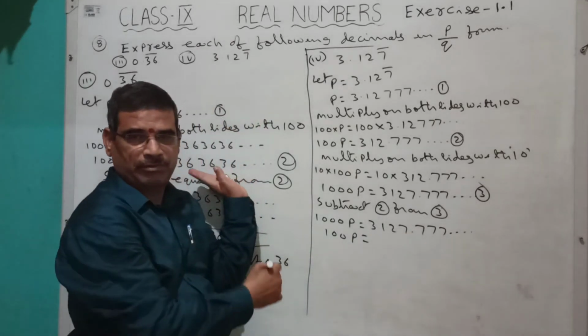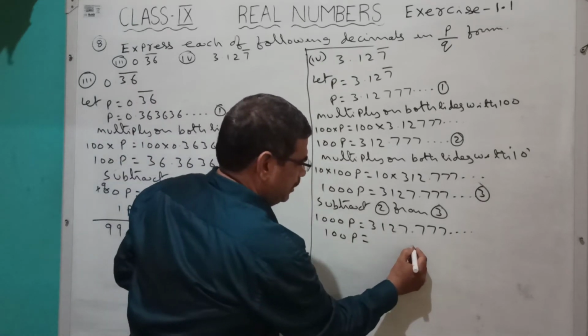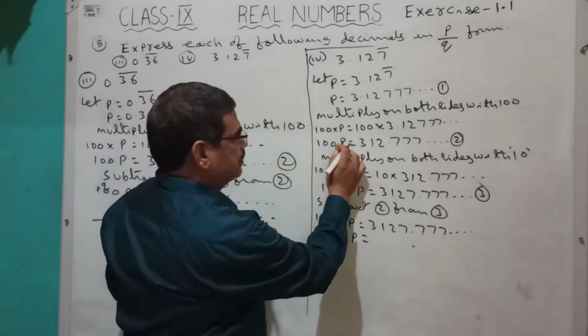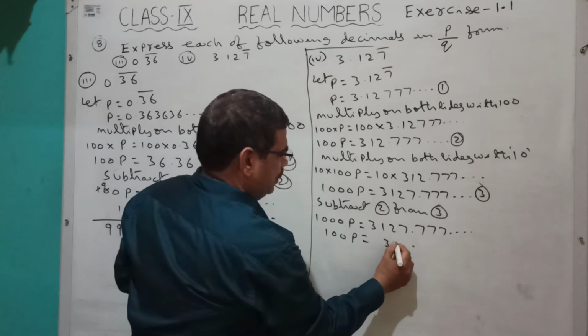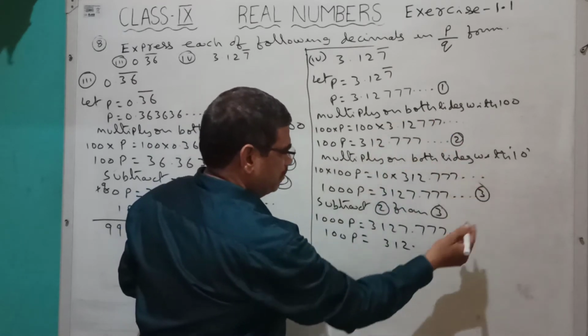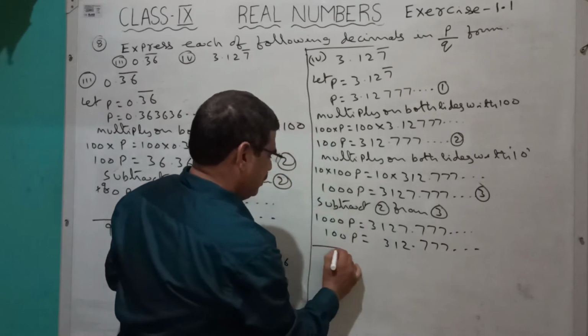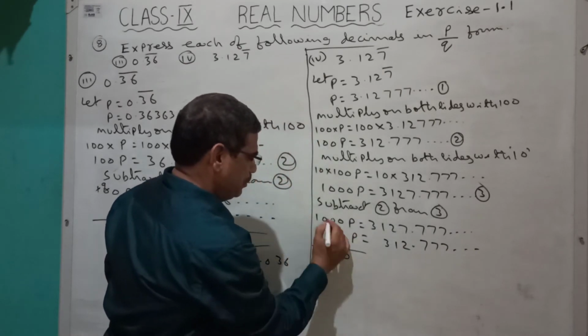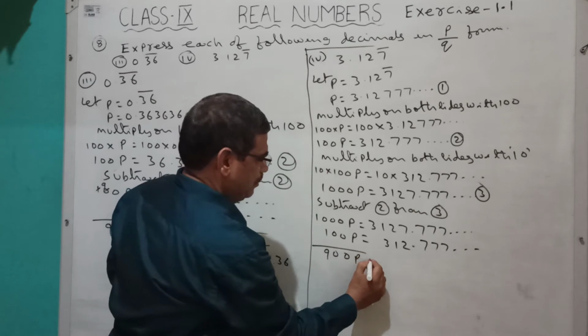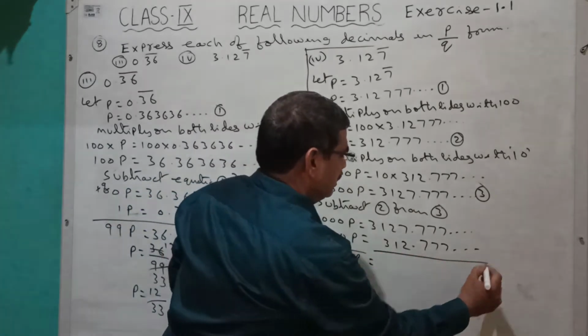Already I told you in a previous question. So put a point here. What are the numbers on the left side? 312. What are the numbers on the right side? 7777 and so on. So here 900 P is equal to, here also